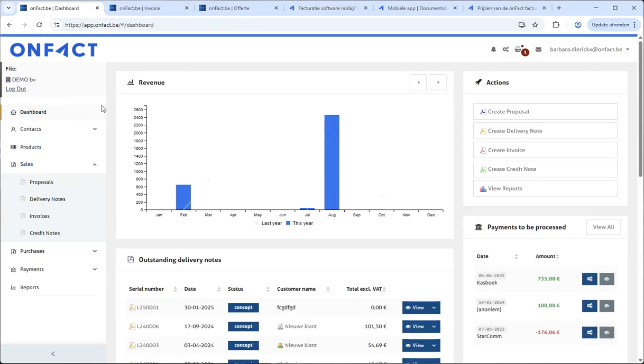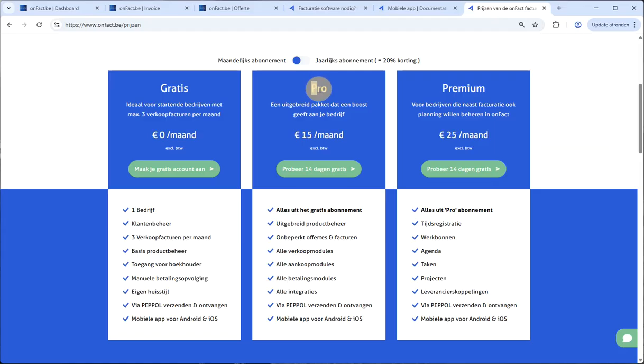So all of the things that we've discussed so far, creation of these different types of sales documents, collecting your purchase documents, sending and receiving via PEPPOL, transmitting this information to your accountant, can all be done within our Pro subscription, which is our most popular subscription. It's a subscription at 15 euros per month, or if you're going to have it annually, 150 euros for a full year. We're not going to look at the amount of documents that you create, so this is, let's say, unlimited. You can also use all sales modules, purchase modules, and so on, sending, receiving via